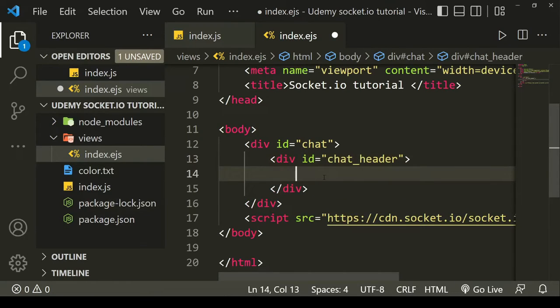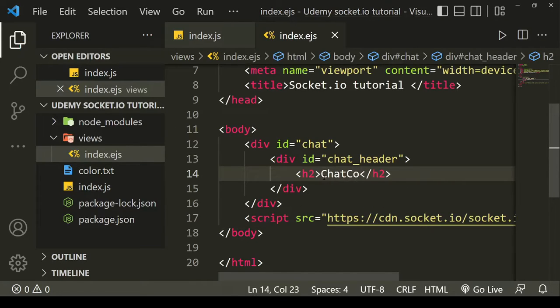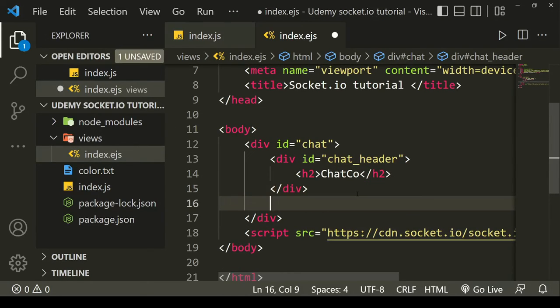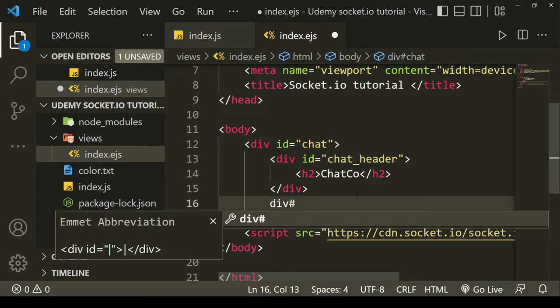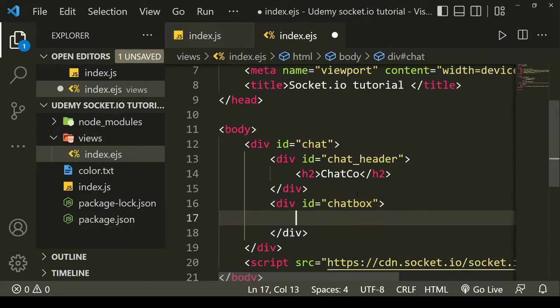And in this chat header, I will give an h2, and I will give it a title, like Chat Co, something like this. And after that, I will give a div with ID chatbox, and in this div I will create a